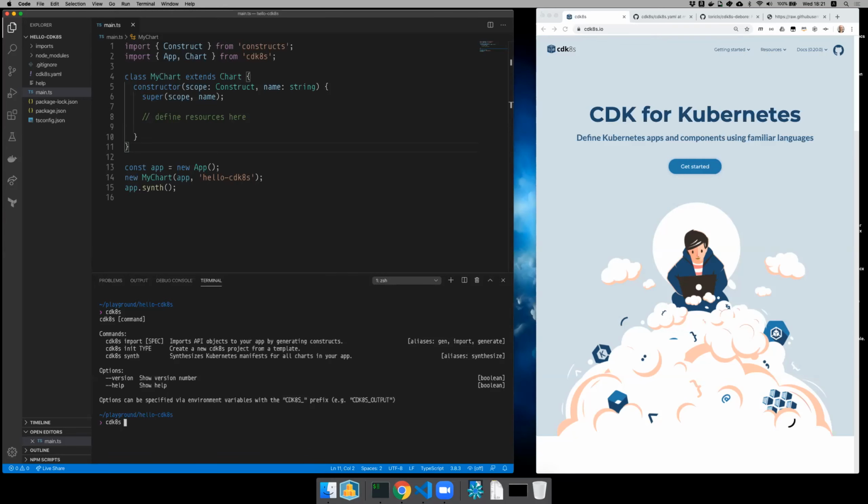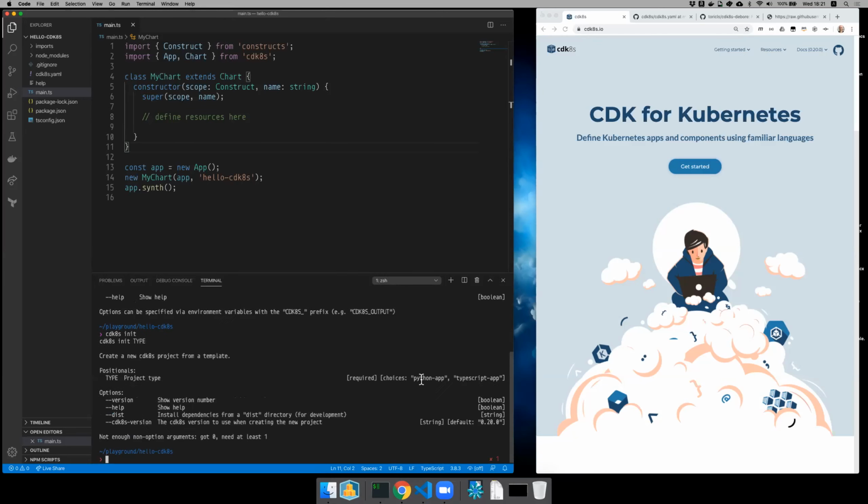And it's a pretty minimalist CLI. It doesn't have too many things right now. One of the things that it can do is help you initialize new projects. So you can do cdk8s init, and then currently we support Python and TypeScript. And it'll just spin up a project like this one that has a main entry point function, some configuration. It's basically pretty straightforward and pretty empty.